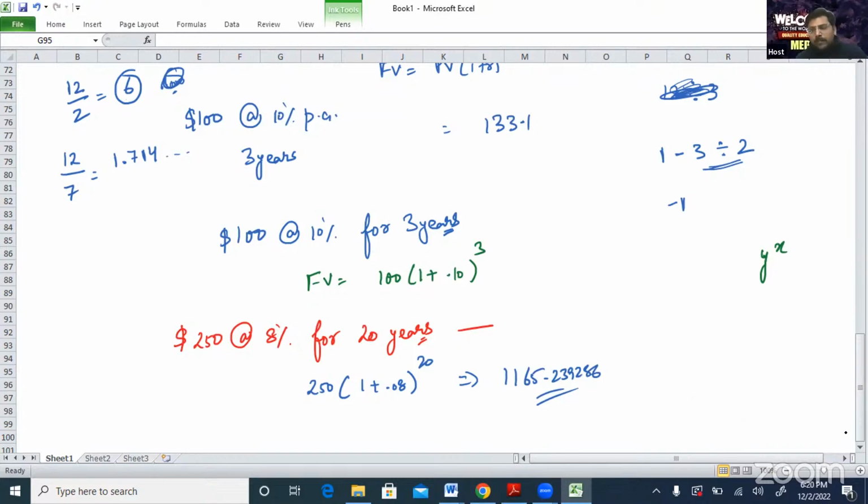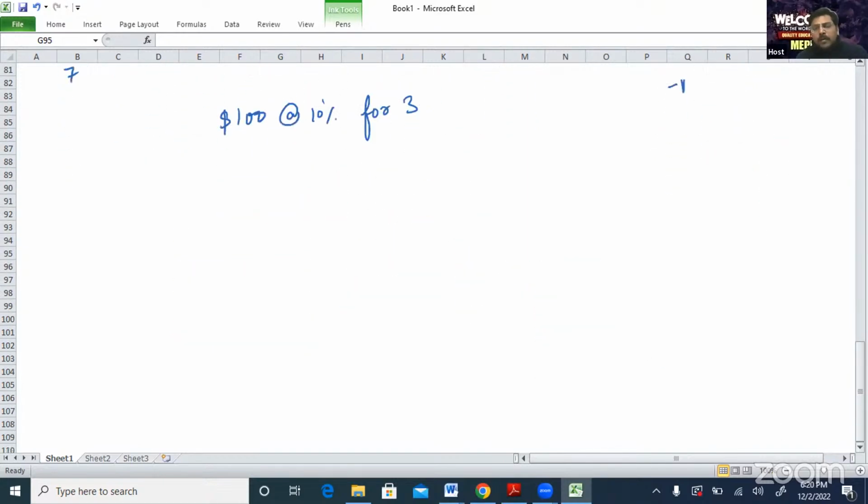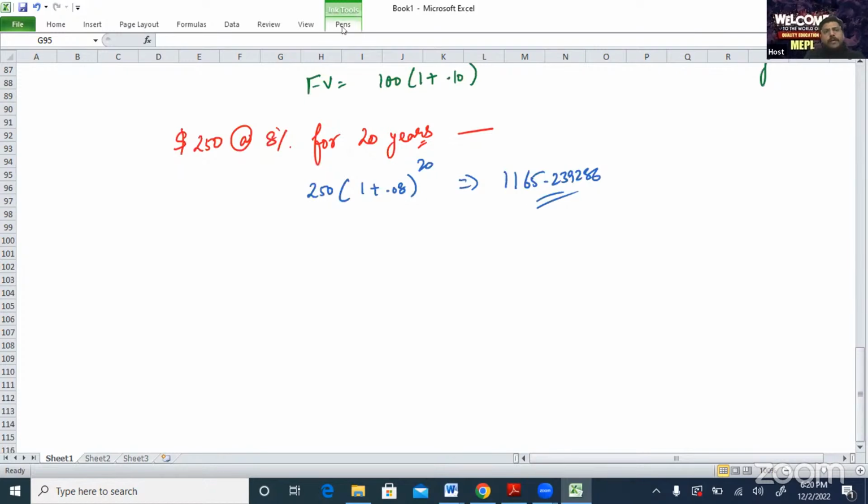Okay, now friends, this is one single compounding in a time period. So what do we mean by it? It means when I am saying 8%, this is 8% per annum. So what is happening? We are getting the interest, or interest is being credited at the end of the year. That is what is happening.